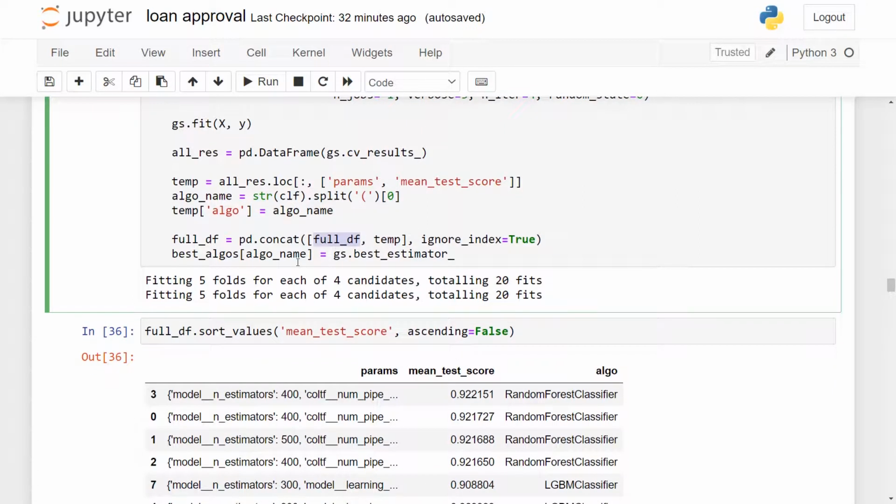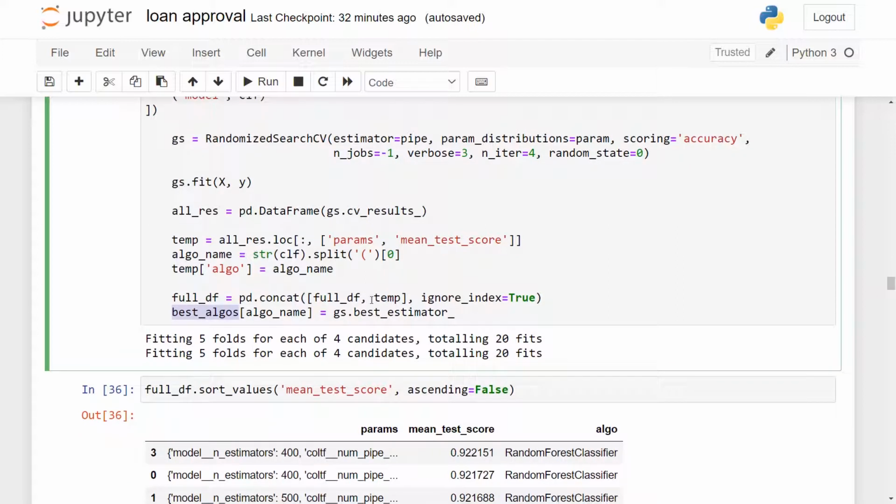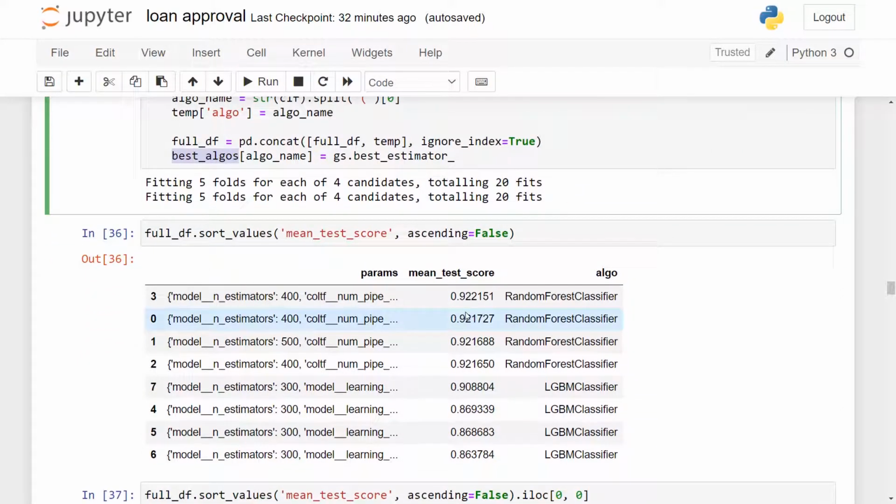And this best algos dictionary will hold the best pipeline, the best estimator for each of those algorithms. That is, for random forest, it will hold the best estimator that it found using the randomized search CV.